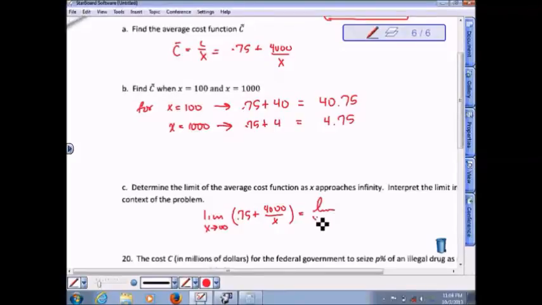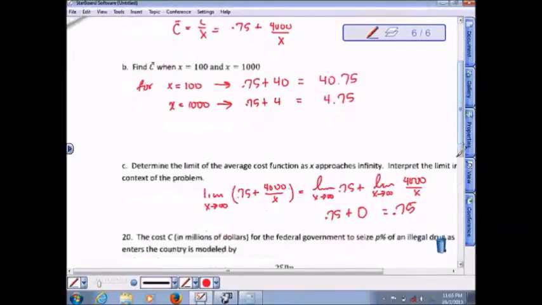This is equal to the limit as x approaches infinity of 0.75 plus the limit of 4,000 over x. Now the limit of a constant is just that constant. And the limit as x approaches infinity of this, as x continues to get larger and larger, beyond 4,000 to 4 million and 4 trillion, this is going to result in a smaller and smaller fraction, and as x approaches infinity, this fraction approaches 0, so the limit is 0. 0.75 plus 0 is